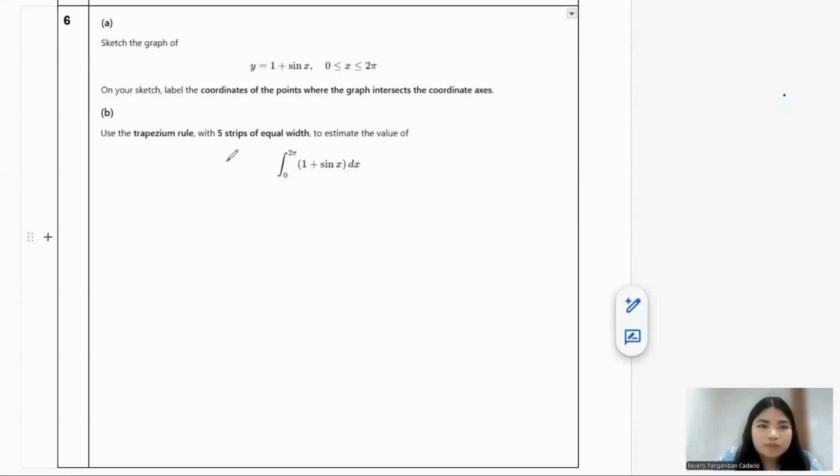Okay, now let's go with number 6. It's sketching your trigonometric function. I just want to recall something about this one. Let's say you have y equals sine x. You know that the graph will have a positive 1 and negative 1. Your y values will just be from negative 1 to 1, and it will start from the origin and then go like that. That's a positive sine x, wherein this is pi and this one is 2 pi.